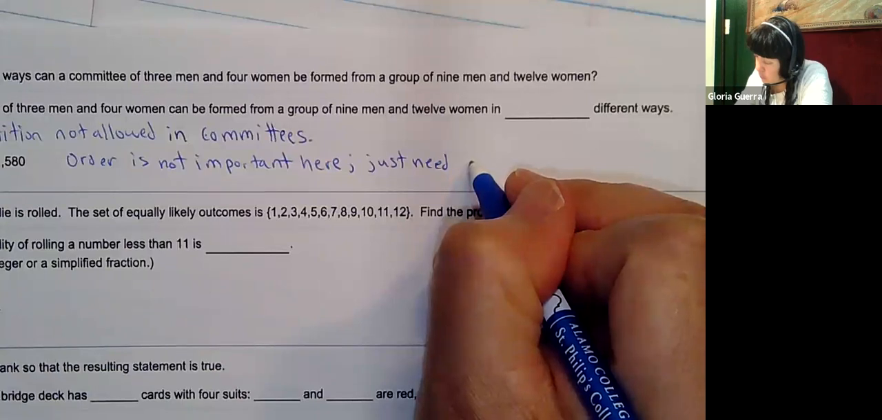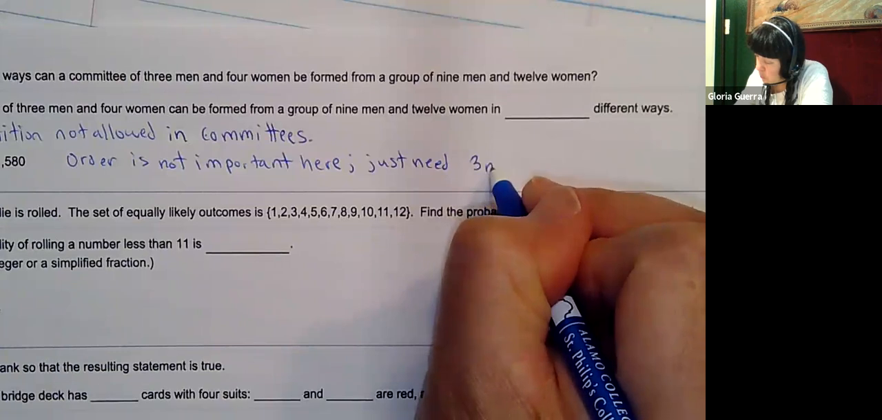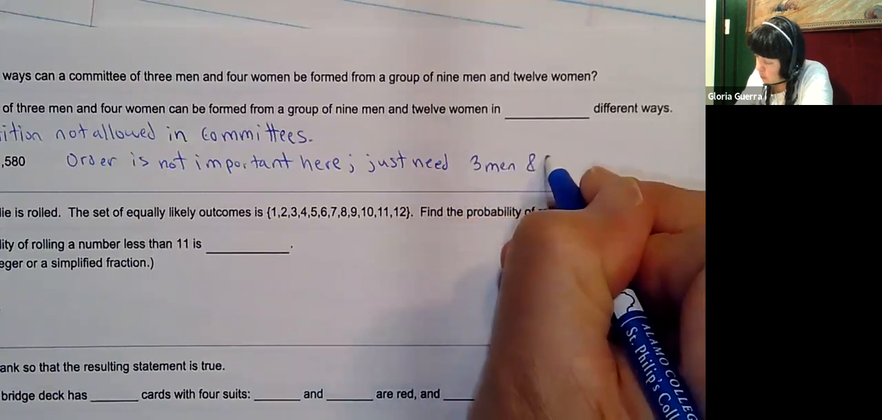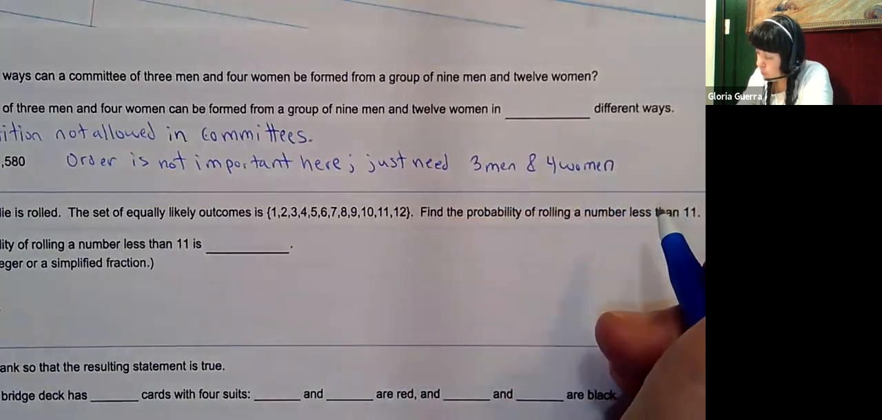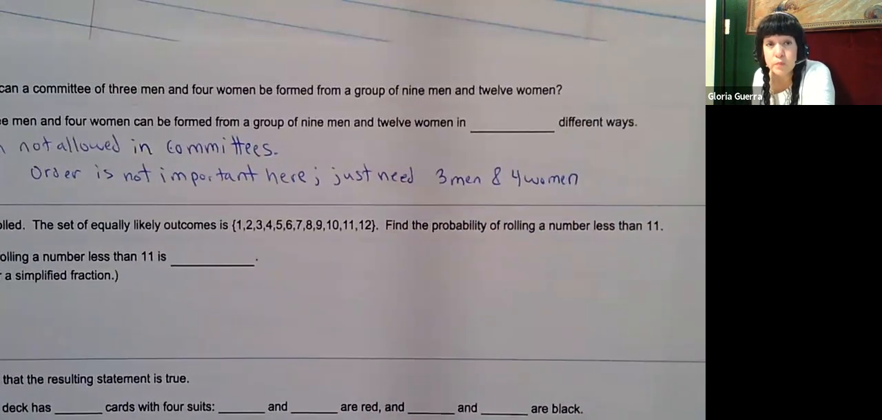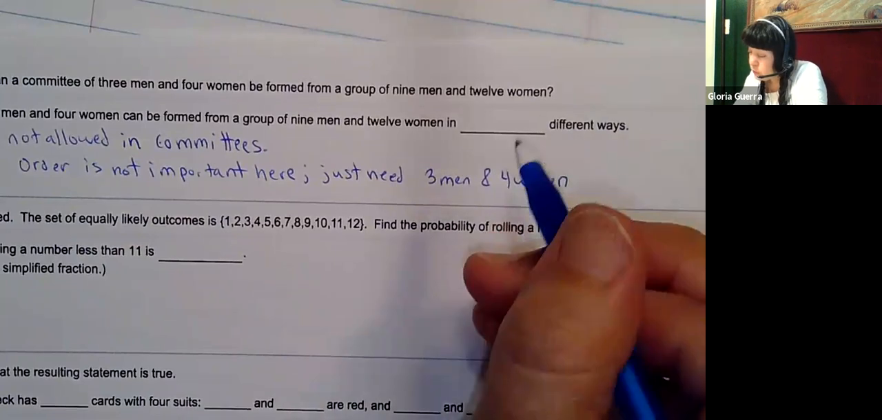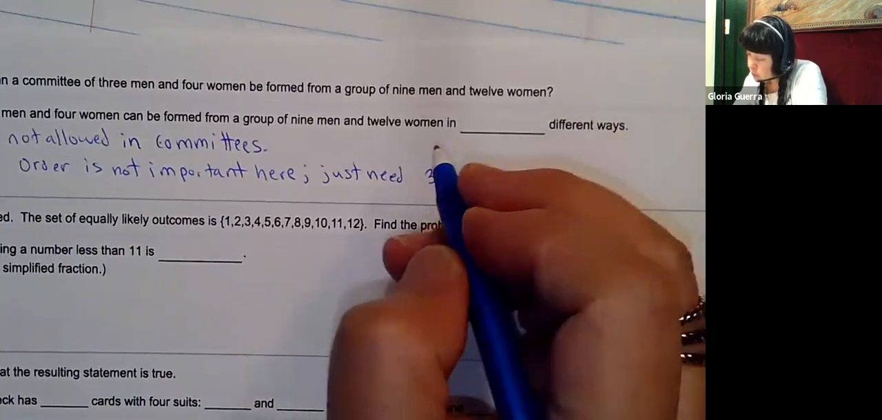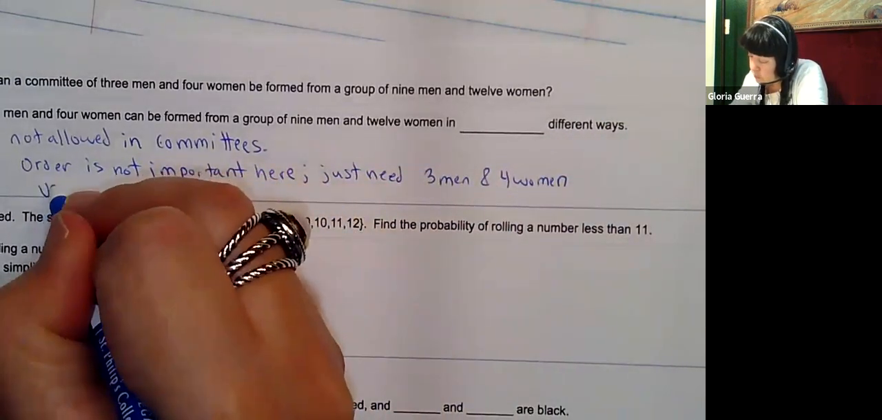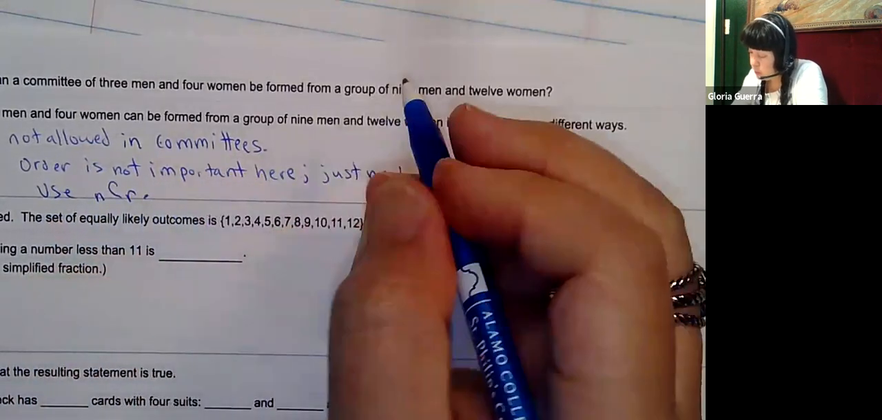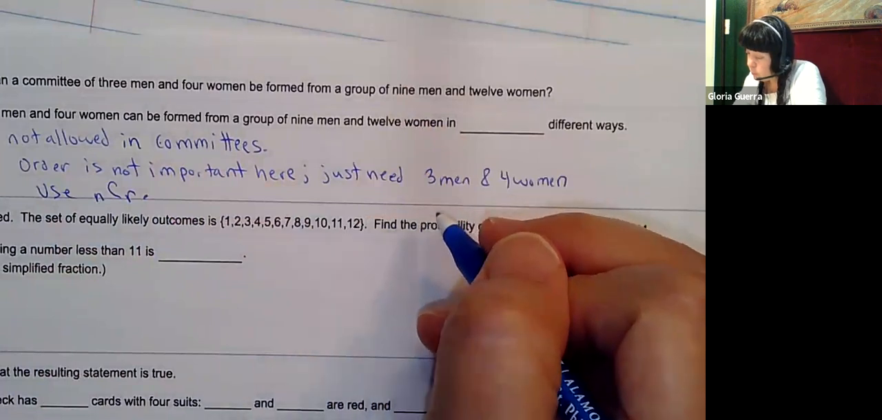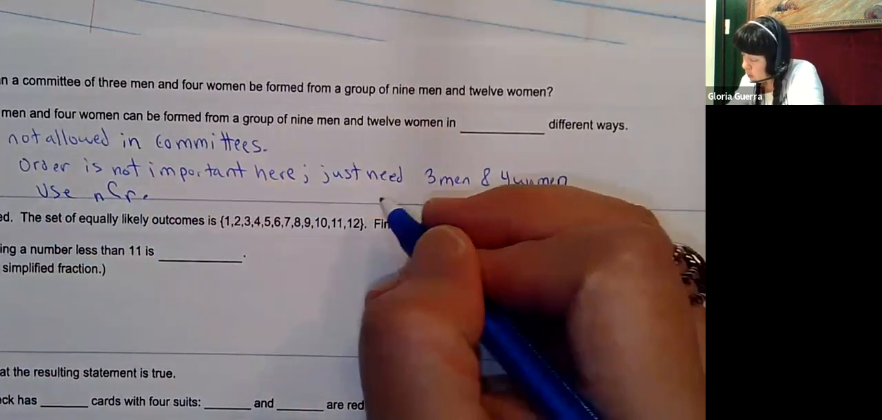So you just need 3 men and 4 women. Now, in your combination, we're going to use nCr. Okay, so if we do the men first,